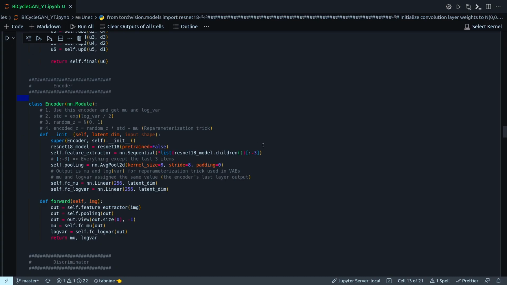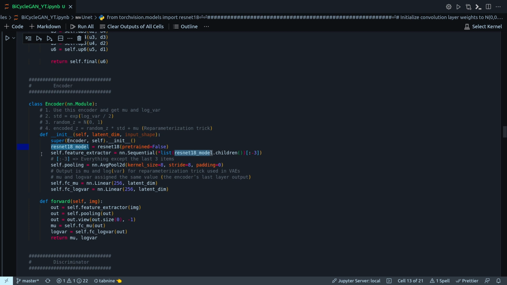So let's go back to our code. And I will talk about a very important topic in VAE, which is the reparameterization trick, where we have to modify the z vector so that the back propagation can continue with a stochastically generated z vector. But let's go through this encoder method quickly, and then in a second we'll talk about the reparameterization trick. So in the encoder's init function,